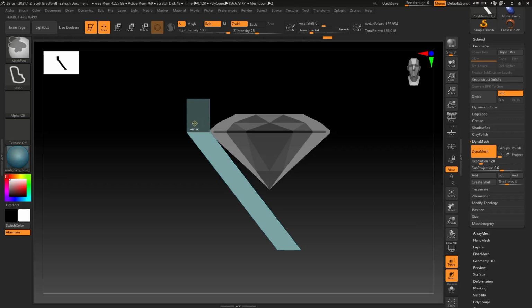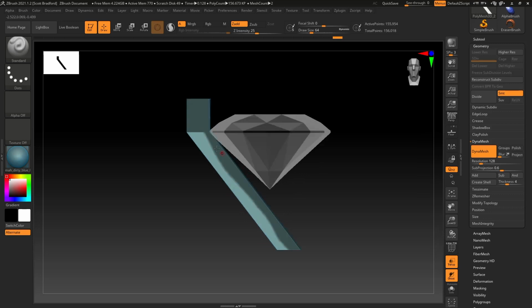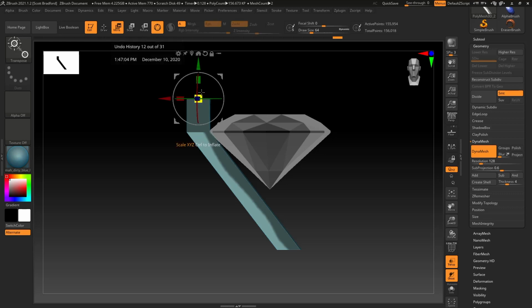I'm going to start kind of in the middle of the prong. So I'm holding Control, left click and drag, and I'm just kind of dragging down the center like that. And don't worry if it's not straight, that doesn't matter at all. We just need this inside wall to be masked. It doesn't really matter what we have on the side. That right there will actually be sufficient. So now I can bring my gizmo back up,